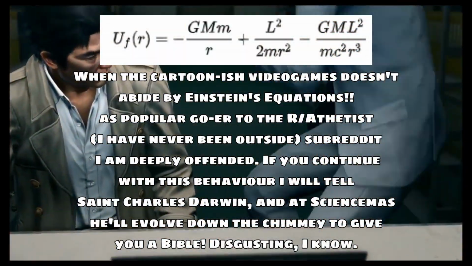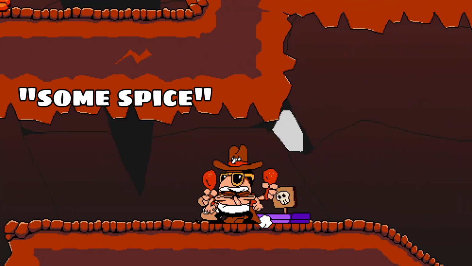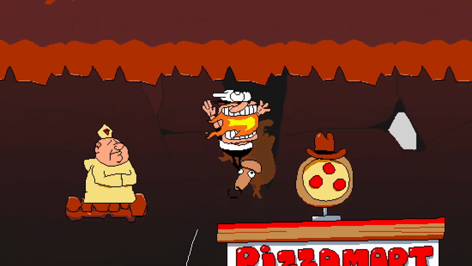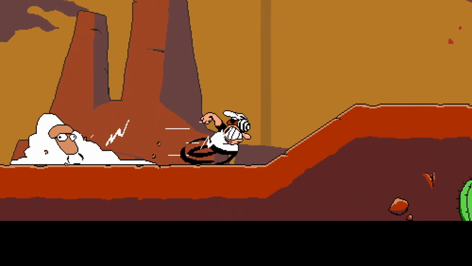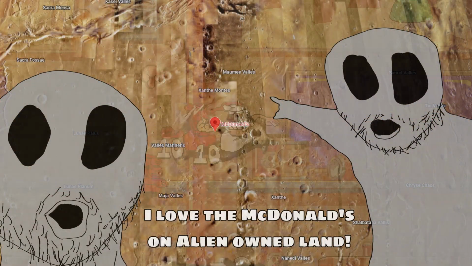Break some stone that for some reason is only breakable in one place and takes time to collapse. Get some spice from Kentucky Kenny and become this thing, and obviously be blessed for your sins. Go for another pizza mart, get kicked by some cows that look very real, and go into an alien spaceship because duh. Meet some olive aliens, kill them, go inside another pizza mart because not even alien owned land can